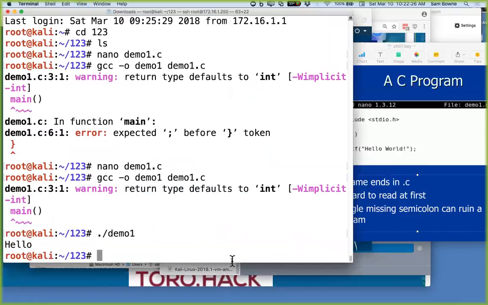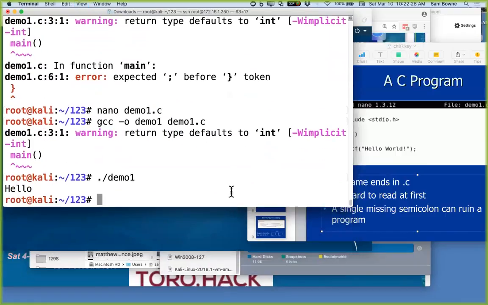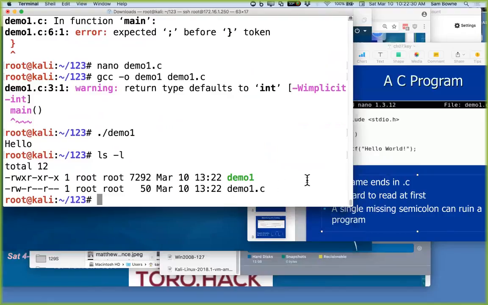So that's fine. Now you have to compile it. This is high-level C source code, which is more or less human readable. You can't run that. The processor only knows machine language. You have to turn it into machine language, and that's what this stuff is, and that's why it's so much bigger, 7 kilobytes instead of 50 bytes.